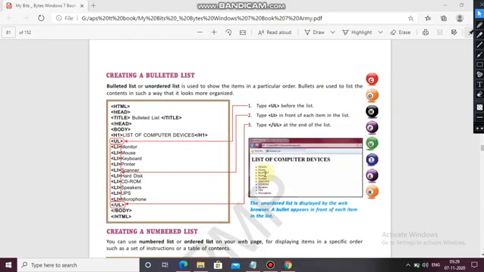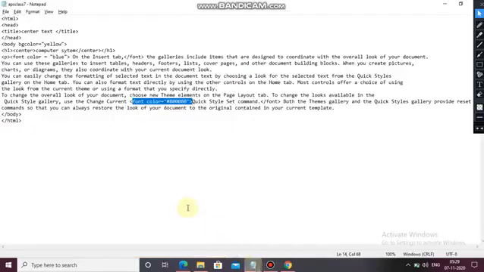Now I have told you that I will show you the practical of this one also, the bulleted list. So I am just showing you. Here I am writing.